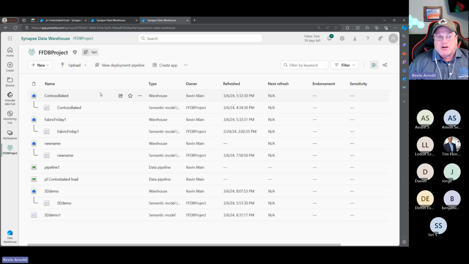And they're small, right? So they're using an F2. And I actually at first set it up because their data was so small. I set up the data warehouse, went into the SQL endpoint of the data warehouse and did an import of the data set onto a Pro capacity.